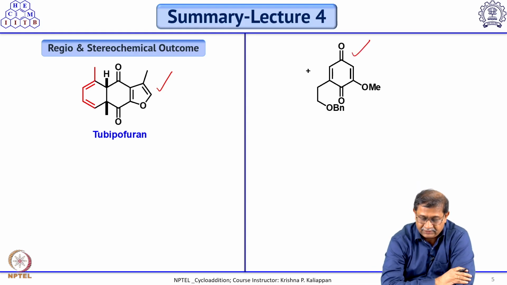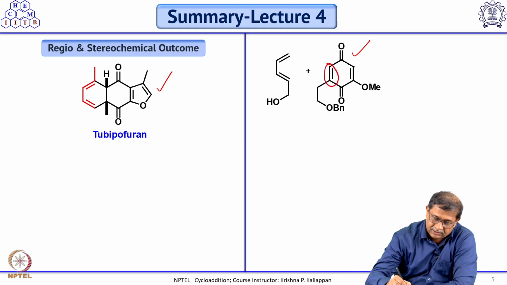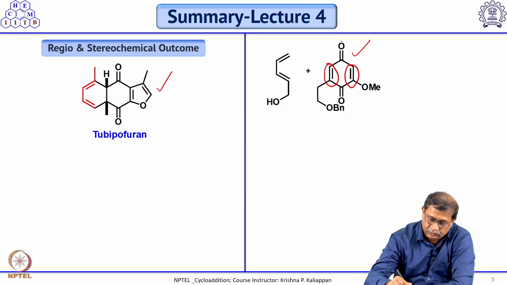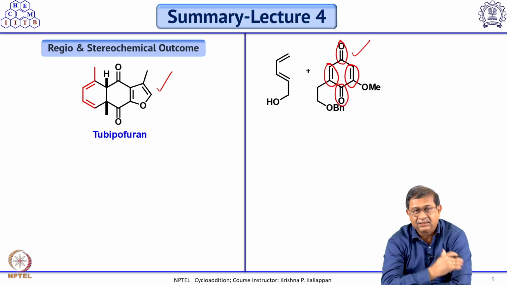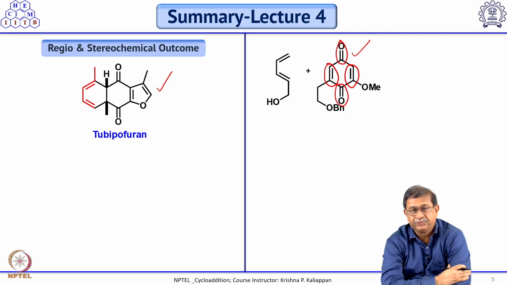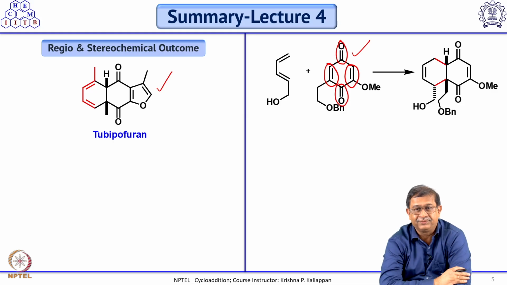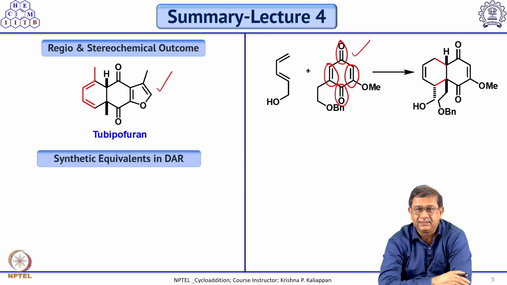So when you take this dienophile, you see that there are 2 double bonds which in principle can undergo Diels-Alder reaction, and there are 2 carbonyl groups which can be considered as electron withdrawing groups. So accordingly you will see the regio and stereochemical outcome of this Diels-Alder reaction, okay,